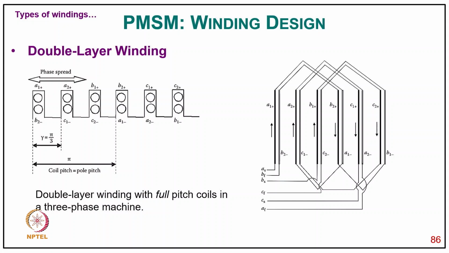Here we can say the phase spread is typically 120 degrees. Here we have 2 slots, each slot is 60 degrees, so 2 slots make 120 degrees. So a double layer winding can have a return conductor in the same pole pitch. So you can typically have a 120-degree phase spread in one pole pitch, as shown in the figure,